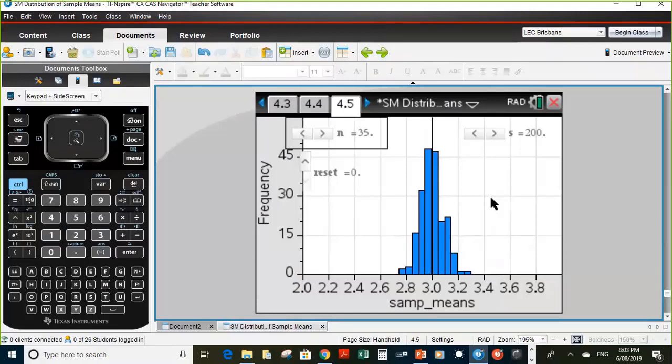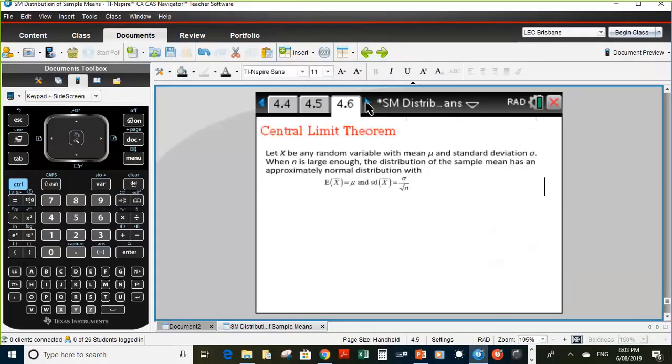And another distribution which would be really good to use would be the exponential distribution, because it's already got that skew. And what happens is that the central limit theorem basically smooths out that skew. The central limit theorem isn't mentioned, I don't think, specifically in the study design, which is puzzling, but I think students should know it, that when you let random variable capital X be any random variable with mean, mu, and